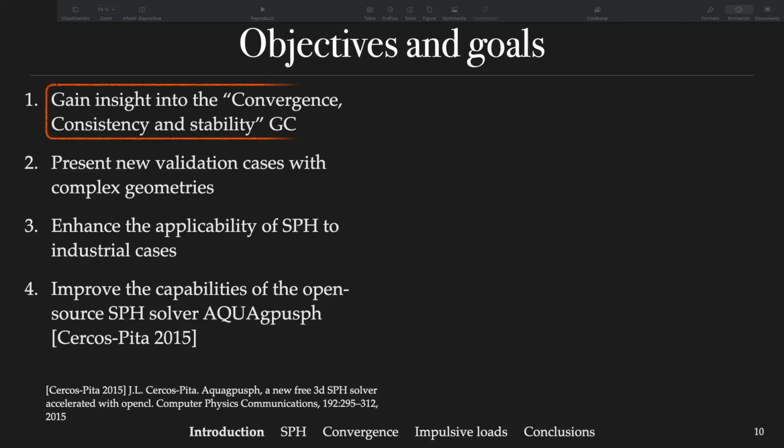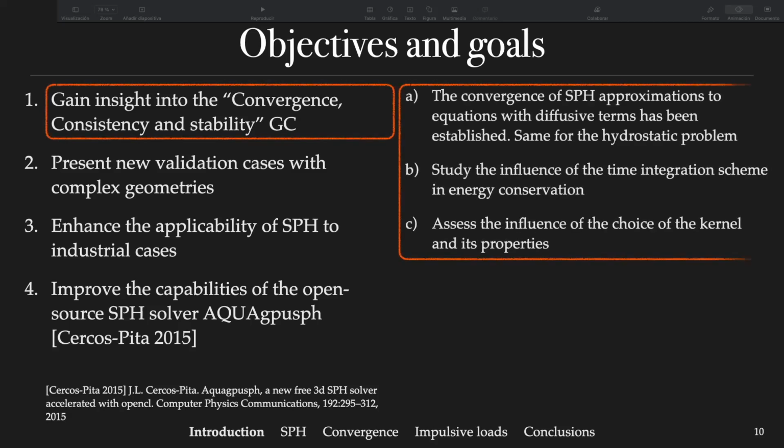Now, the goals attained concerning these objectives are the following. For the first one, the convergence of diffusive SPH equations as well as the hydrostatic equation has been established. Second, the influence of the time integration scheme on the energy conservation has also been addressed. Concerning this, an implicit time integrator scheme has been used, leading to some interesting conclusions. Finally, the influence of the choice of the kernel on the convergence and other properties of the method has also